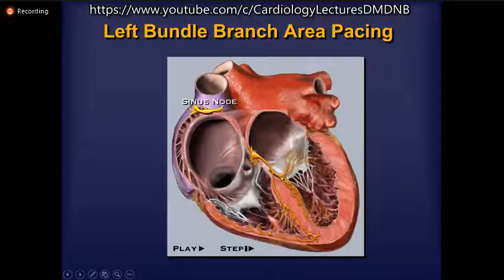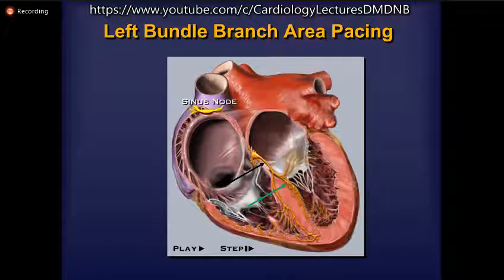Now on the other hand, anatomically we know that the left bundle, unlike the right bundle which is a very narrow and cord-like structure, is a broad and fan-like structure. Therefore, instead of going here to the right bundle, if you can go here via the interventricular septum and target a relatively broader area, then you might have an alternative way of approaching the conduction system.